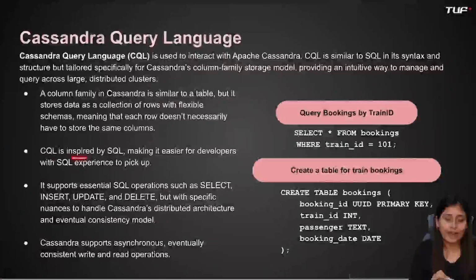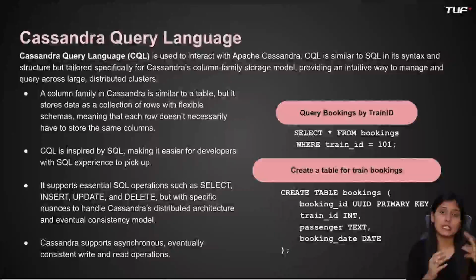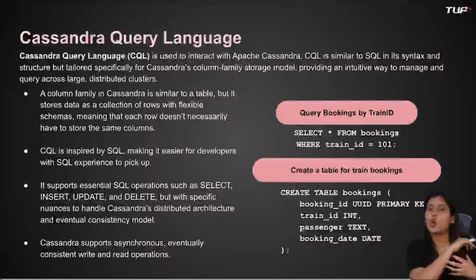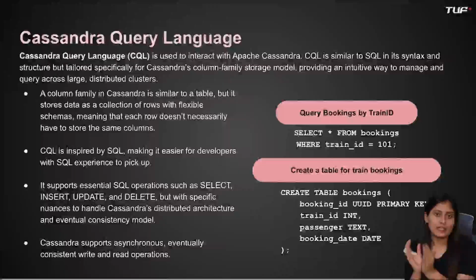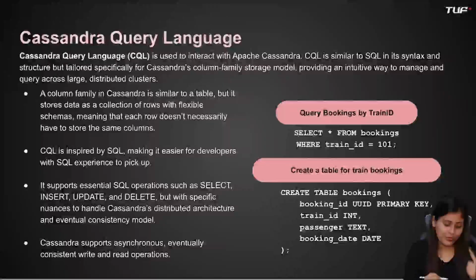CQL is inspired by SQL, making it easier for developers with SQL experience to pick up. So it is similar, it is inspired by SQL, means it follows everything from SQL. But one more difference with Cassandra, basically CQL, is that it supports eventually consistent write and read